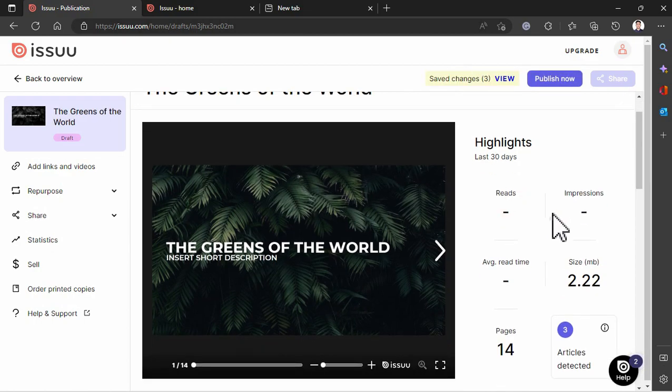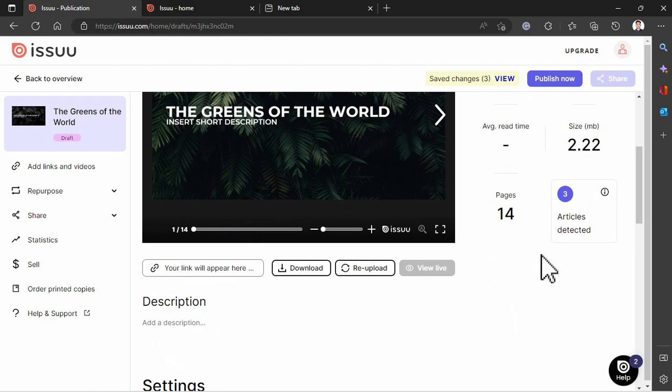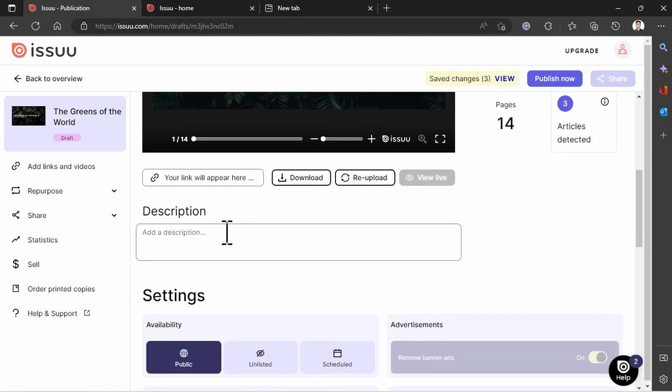And you can see here some information and statistics: the size of the file, your number of pages, the number of articles detected. You can also add your description that will describe your flipbook to your viewers. So let me just type here some random words